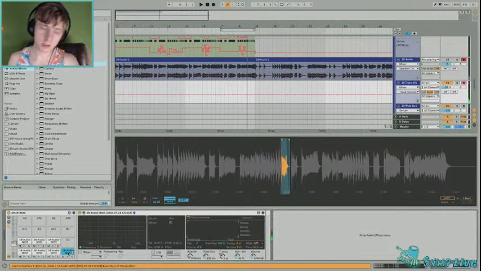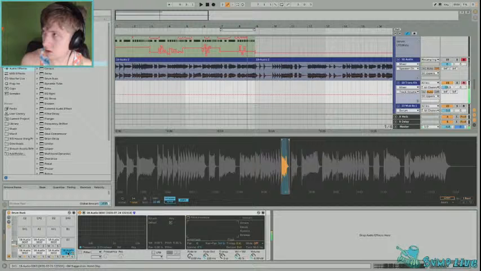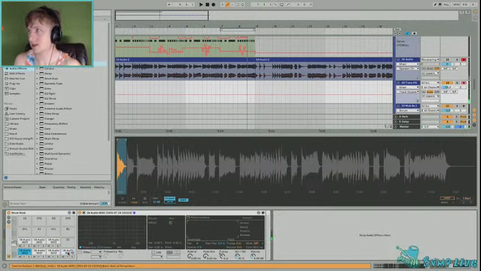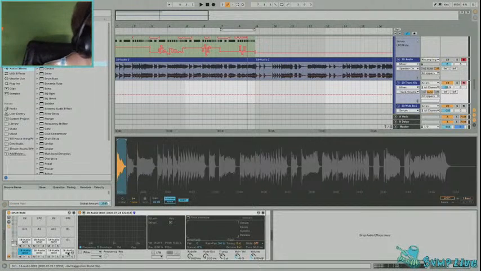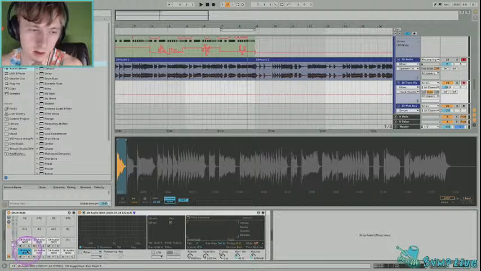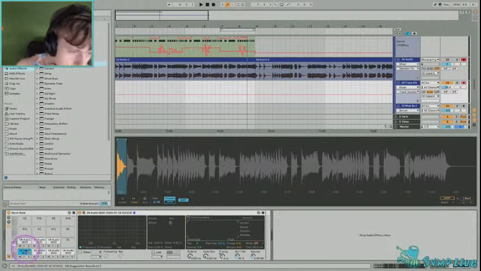Another thing I want to do is make each of these cut each other off so that you don't have a bunch happening at the same time. I want it to alternate between them rather than play them over each other. So there is a way to do that in a drum rack. It's called a choke group. So the way you would add them is you go